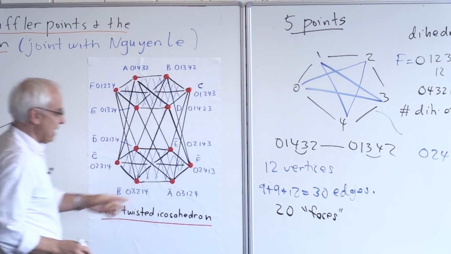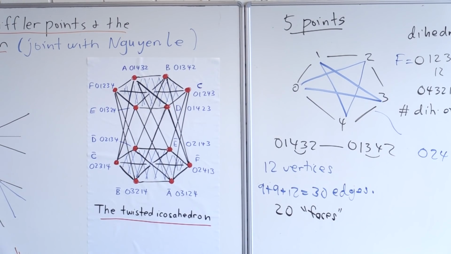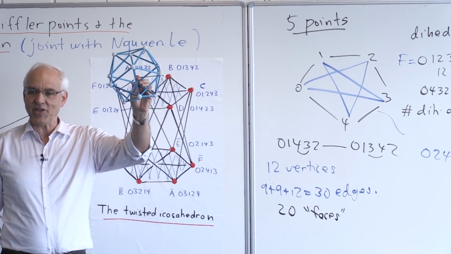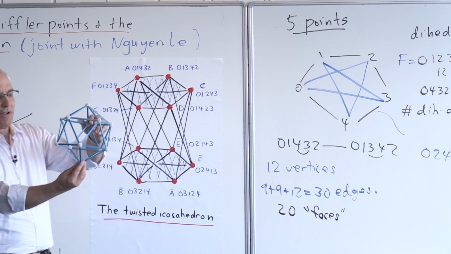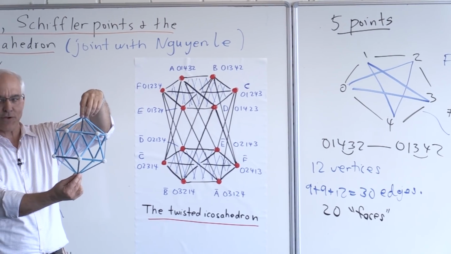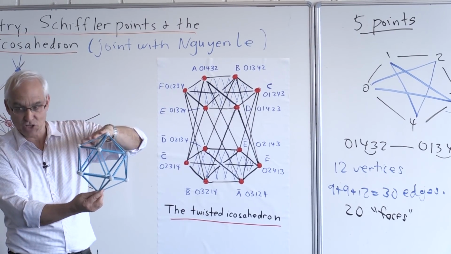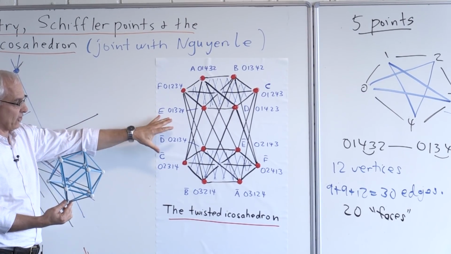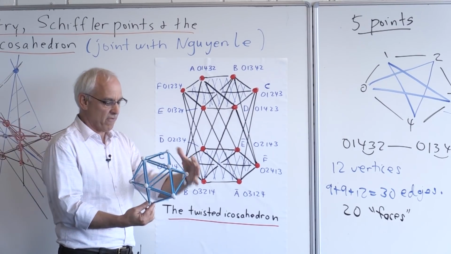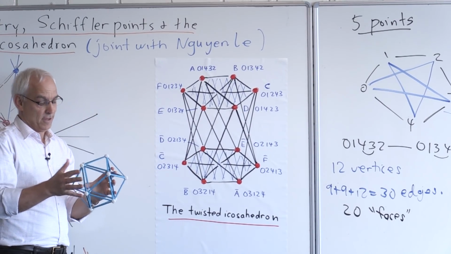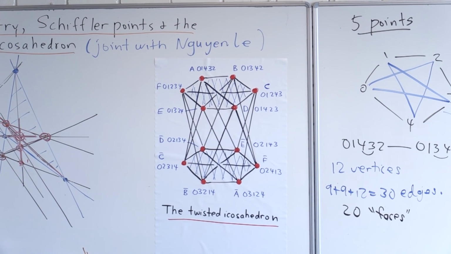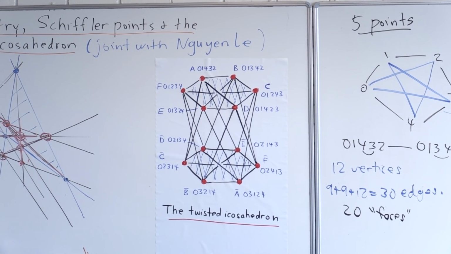But nevertheless, these are the same numbers that appear in perhaps many people's favorite, or one of the favorite Platonic solids. This is the icosahedron, which has also 12 vertices and 30 edges and 20 legitimate faces. So there's perhaps some symmetry between this thing here and this thing here. Maybe not such a surprise because we know that the number 5 is somehow intimately connected with the nature of the dodecahedron and the icosahedron.